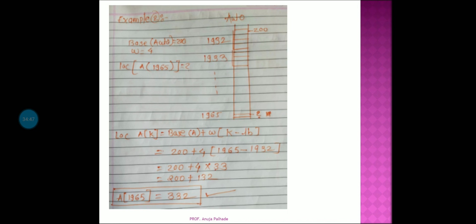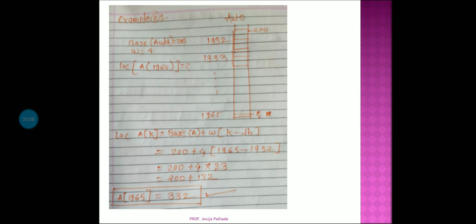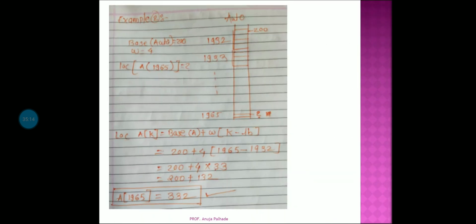This is another example. For any business, suppose in 1932 there are transactions, in 1933 and so on up to 1965. Suppose this is the histogram. Okay, this is the histogram. How are you going to calculate for 1965? In 1965, how much is your earning? Likewise, you can also solve the example by using this formula.